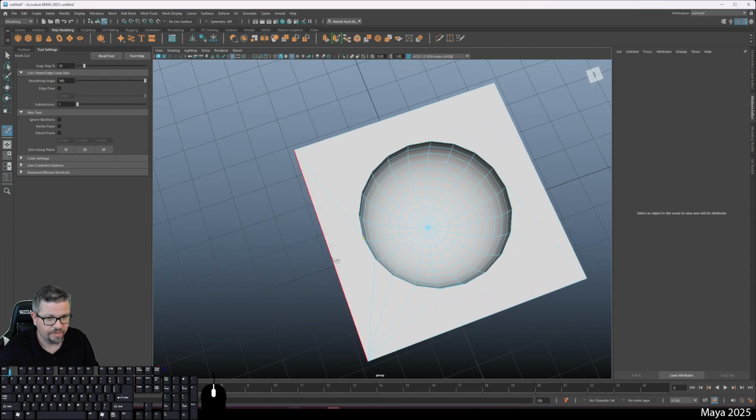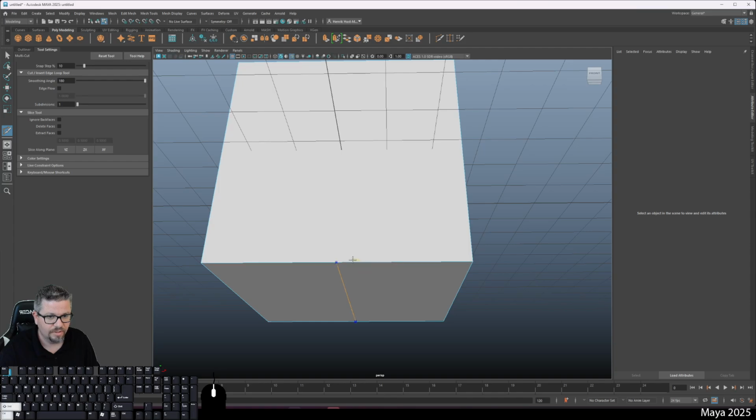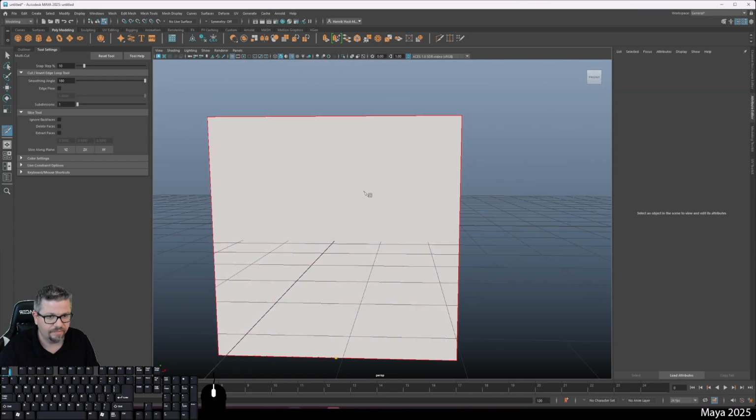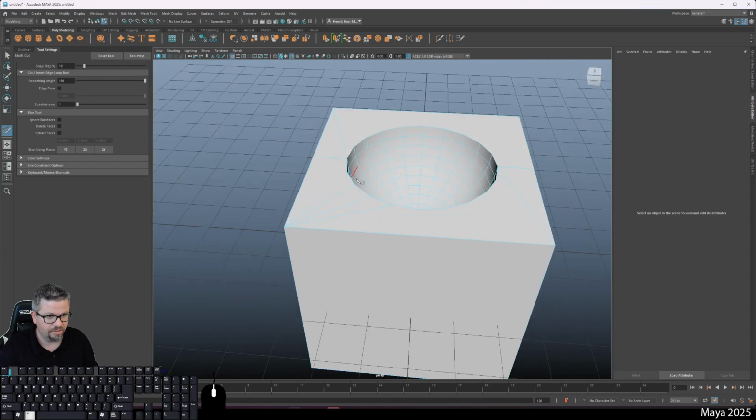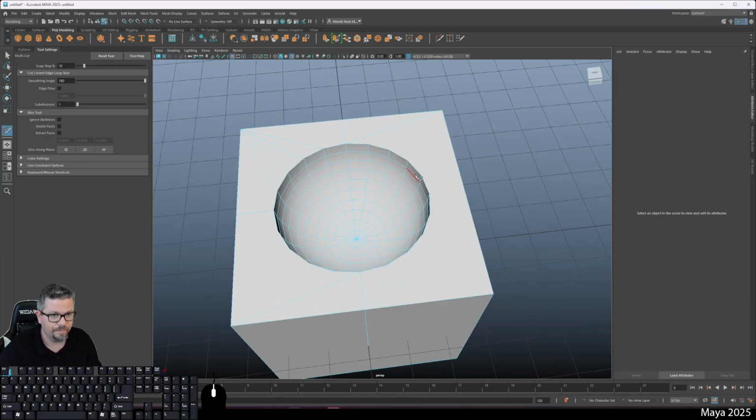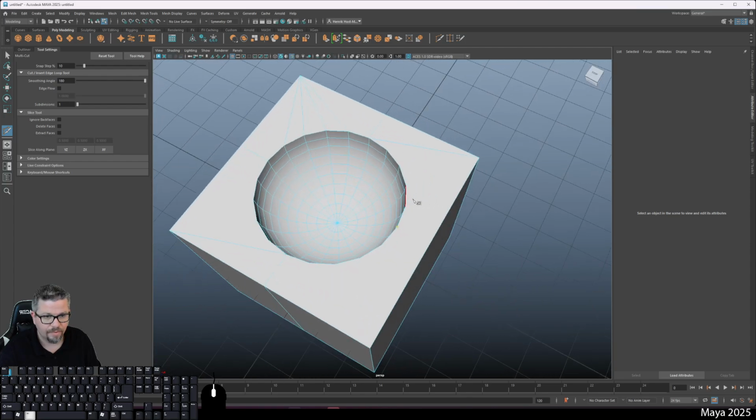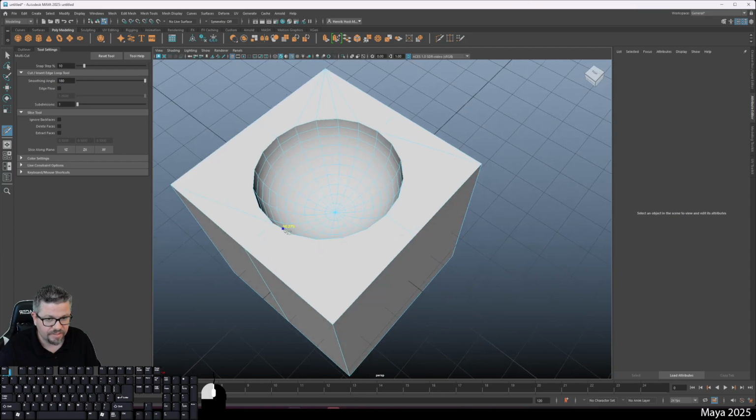I would probably do something like this at 50%. And same thing on this one. Holding shift, you can do that with your multi-cut tool. 50%, and then I'd have to cut these in. And I would do this all the way around, right? If I needed the topology to be really nice and sharp and neat. But this is exactly what you would have to do to get this thing to sort of, at a bare minimum,